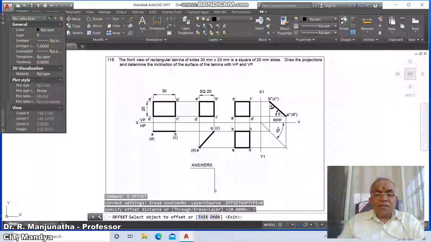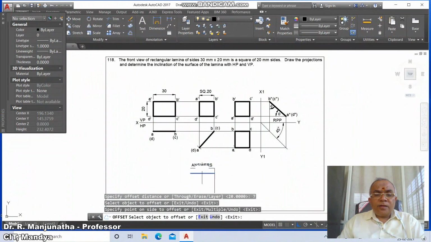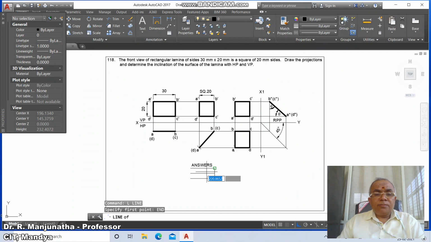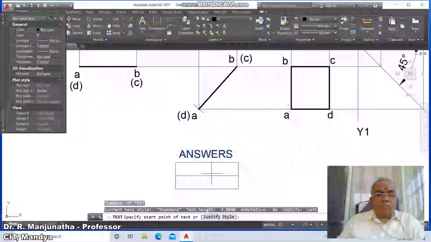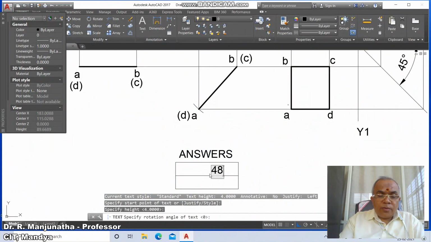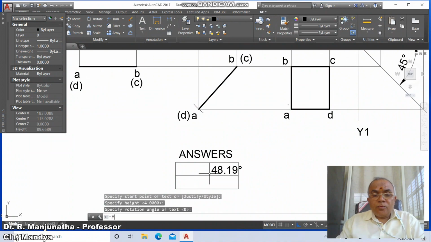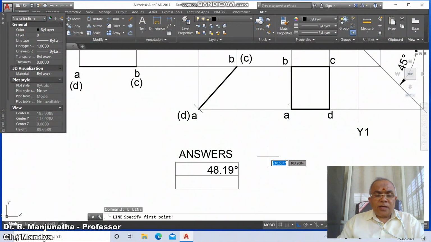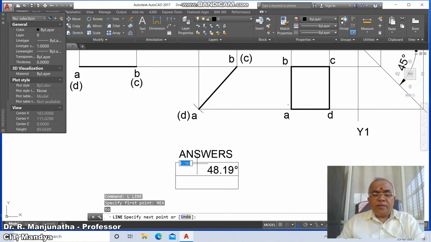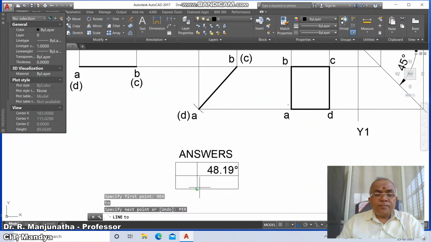Go to offset, take the distance as 7 and you take this here, then go to fillet between these two, then go to line, take end point of this and end point of this, then go to offset and then go to 48.19 percentage D, then go to move, select this and place it wherever you want, then go to line, take nearest point on this and take perpendicular to this,